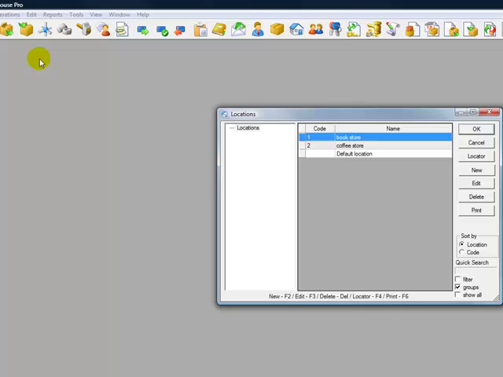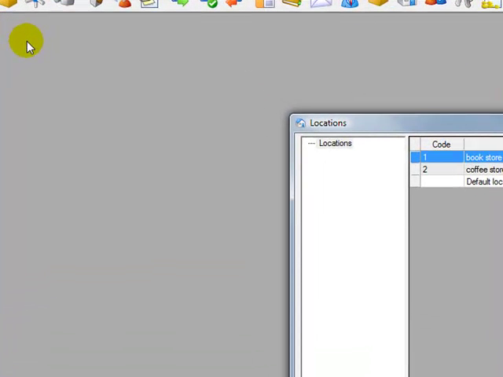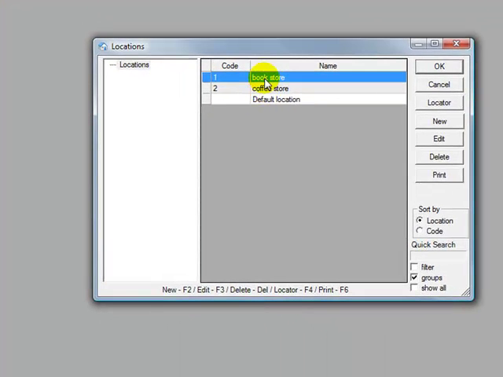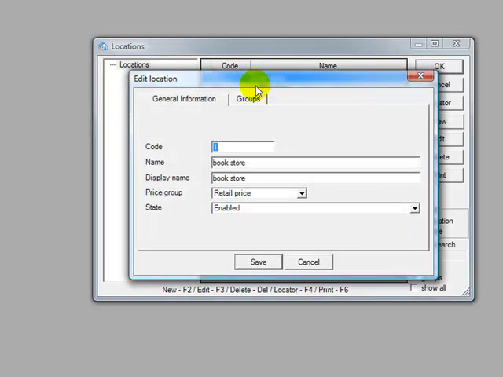Locations. I can create a location that is relevant to my business, and even though I have one store, I can have a couple different locations because in this case I have created a bookstore and a coffee store within the same location. So this is pretty typical. Many companies are running similar stores, so that is pretty unique, because if I need to edit anything related to that store, I'm gonna hit on